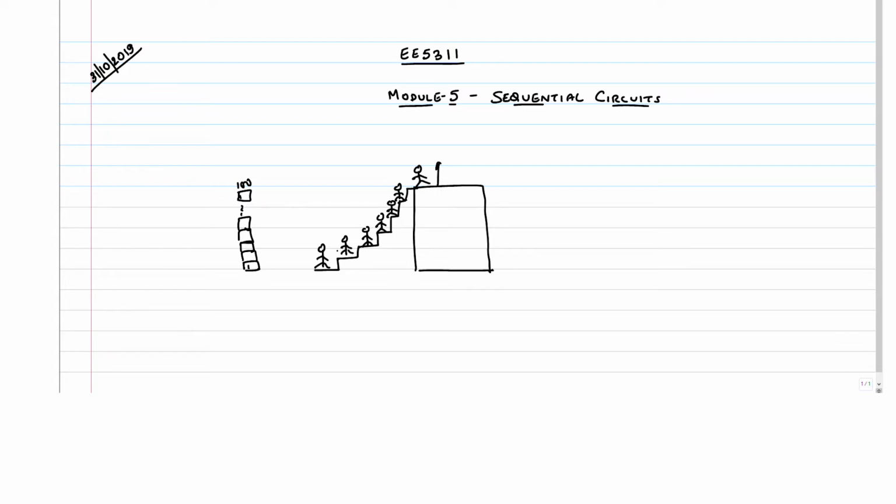But clearly, after this guy has handed over a brick to him or her, then this guy is idle, right? So it really doesn't make sense to wait till the brick reaches the top. So what do you do? As soon as this guy is done, you send the next brick from here to this person, right? So then, by then this guy will give it here, right? So effectively what you're doing is